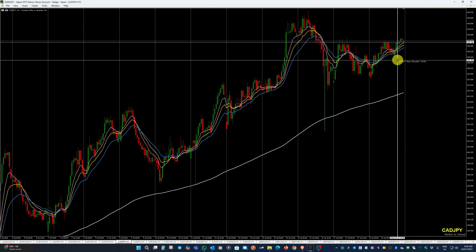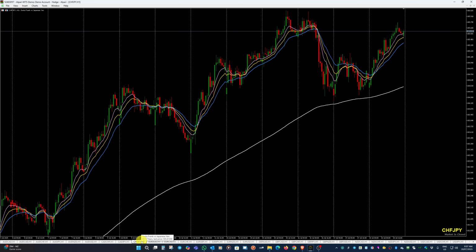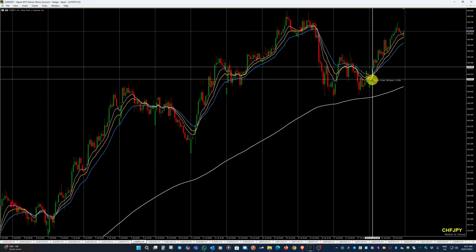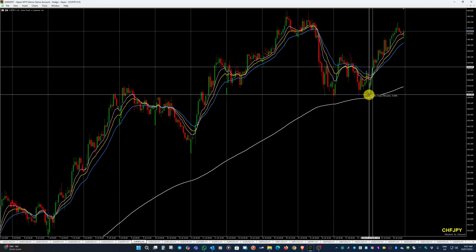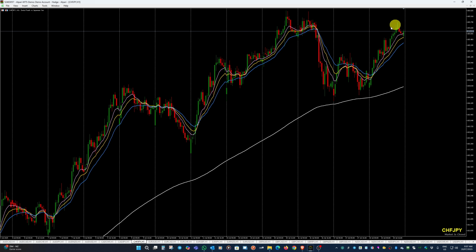Let's see, like a 20 pip stop loss basically, and aiming for probably about a 1.5R trade on those. And this one as well, another Japanese yen pair. We've got a double bottom here after a pullback, so the perfect entry would have been after this candle, and that's around 50 pip stop loss, and it has gone up to about almost 90 pips at this stage and